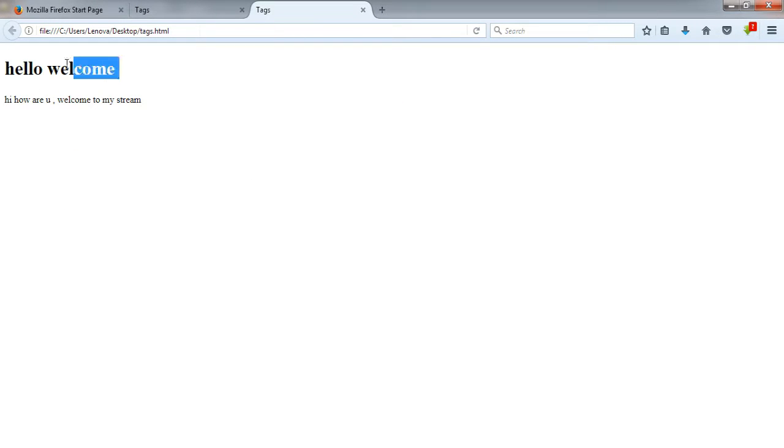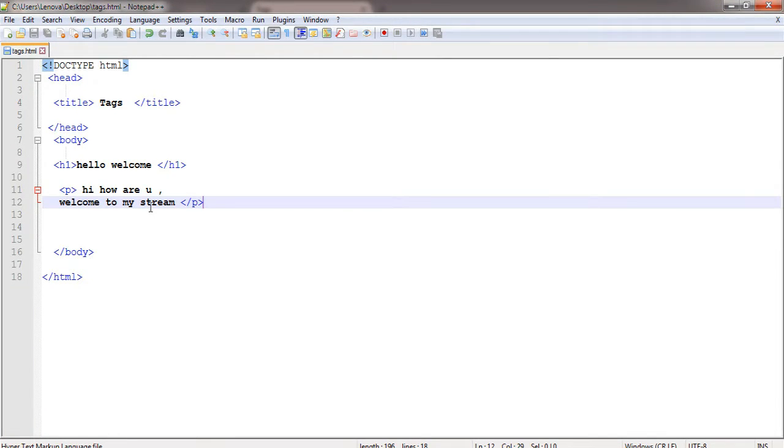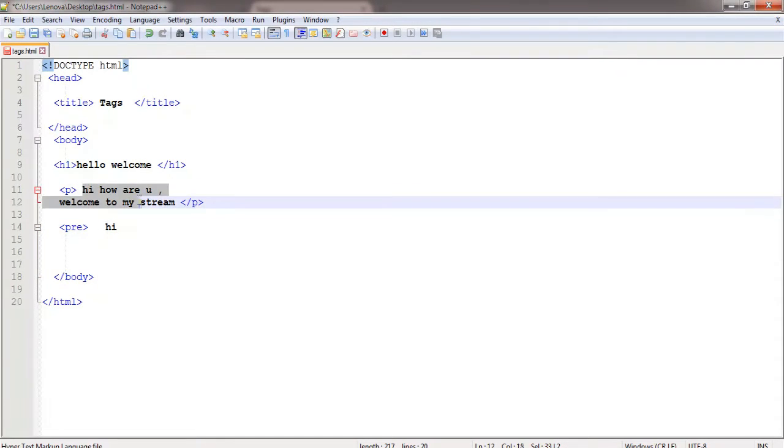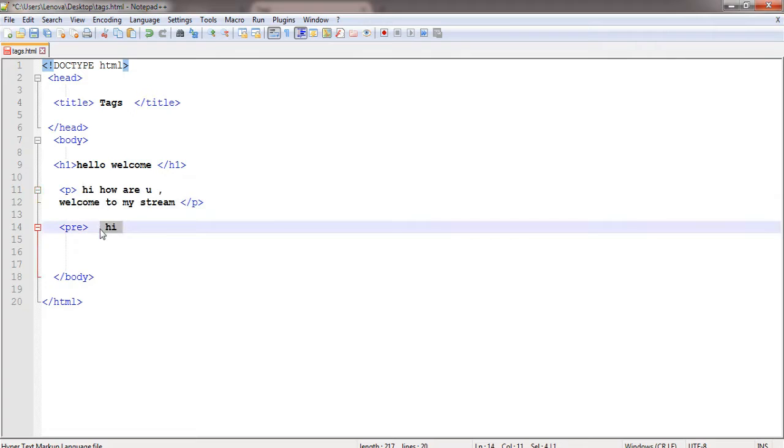So here you can see hello is written in bold and in big letters, because we have used an h1, that is a heading 1 tag. And here you can see it's in one line, right? The paragraph is never one line below the other. A paragraph is continuous. So if you write anything inside a paragraph, it cuts all the spaces and everything, and it comes in one line. Some may be thinking, I don't want it in one line, I just want to break however much I want. So if you just copy paste and put it here,